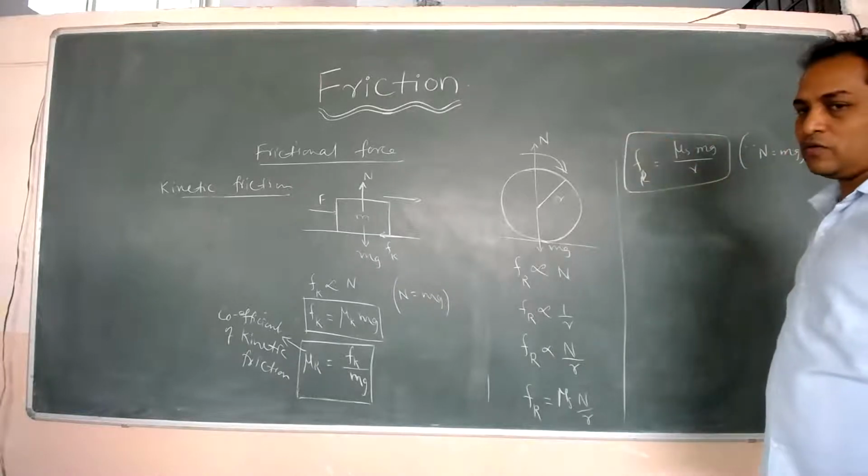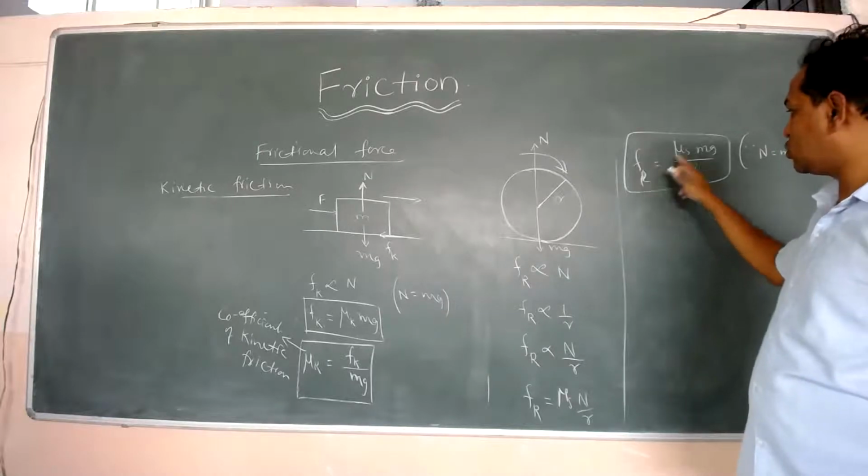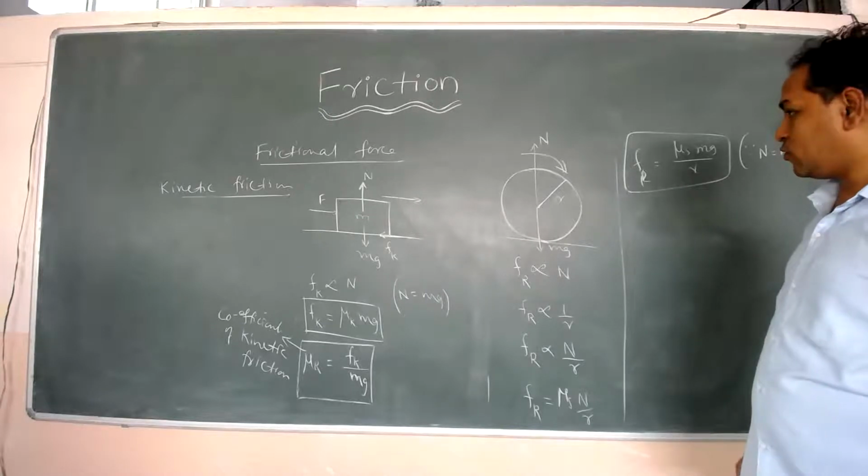So this is called frictional force. So rolling frictional force can be written as mu r mg by R. Okay. So therefore